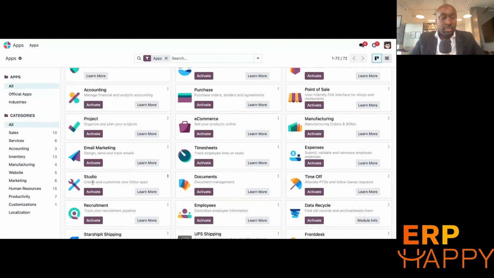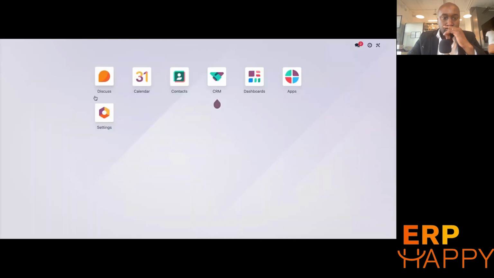So here I activate Odoo Studio. And now I do not see an application called Odoo Studio, but the functionality is activated. So if I go back to my contact,